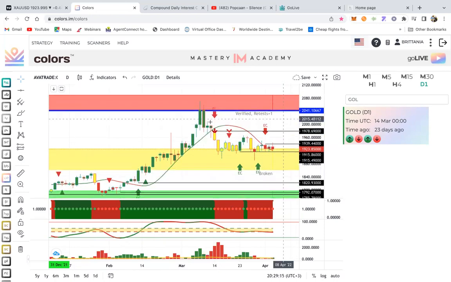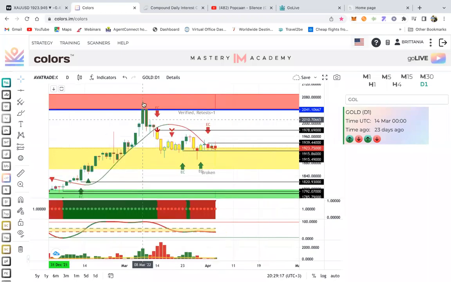Okay, come now. So it came up to a structure which was previous before and it started pulling back. And since it started pulling back, it's just been moving sideways right here. As you could see, price has not been back down to here, none at all, right? So price just pulled back for it to go higher than where it was, because now we have a double EC, right?